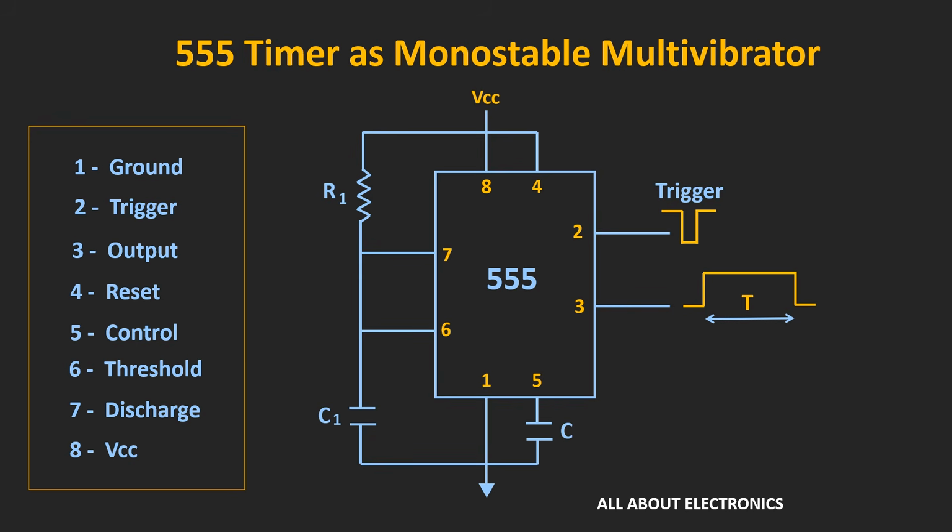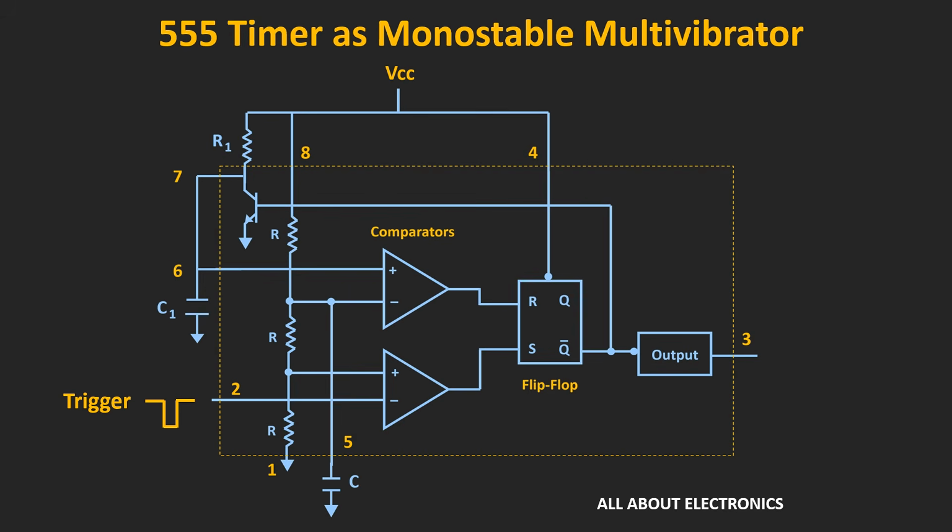Now to understand the working of this circuit, let us draw this circuit along with the internal block diagram. So here the same circuit is drawn along with the internal block diagram. Now, initially let us assume that the output of this 555 timer is equal to 0. So whenever output is 0, at that time this Q bar will become 1. And whenever Q bar is equal to 1, at that time this transistor will become on. And pin number 6 and 7 are connected to the ground through this transistor.